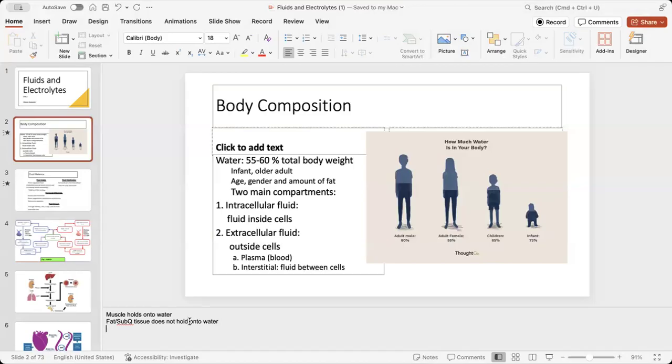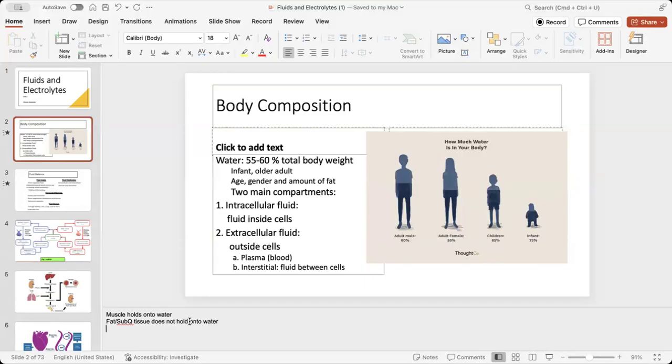Anybody work in long-term care? Do you go around with beverage carts, or do they still do the little beverage cart? Here's your little afternoon drink. Have a drink. You might have to remind them to drink. What else? Medications. What kind of medications are older adults on? Anything that could influence fluid and electrolytes. Diuretics are a big one. Clients might be on diuretics to decrease their blood pressure. So we talked about age and gender, having to do with the muscle and the subcutaneous tissue.